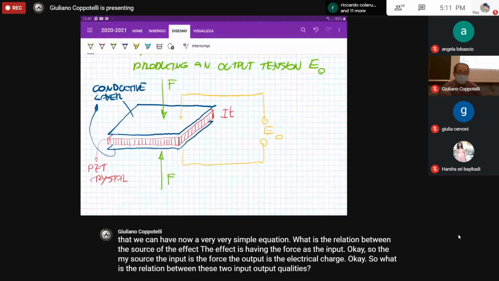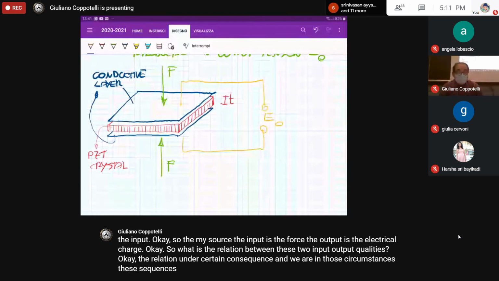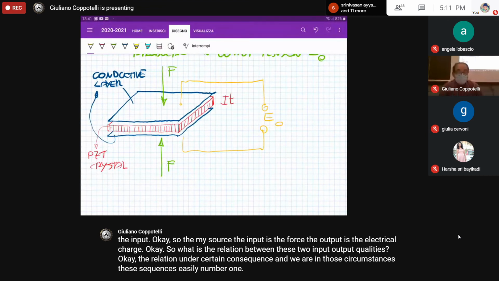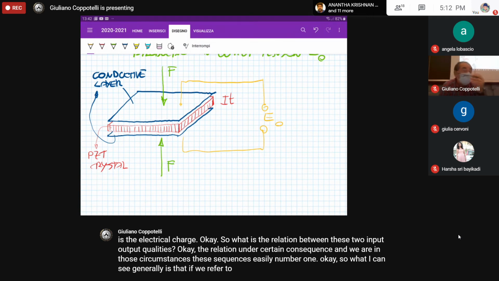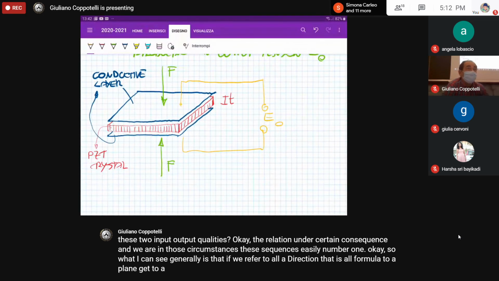The relation under certain circumstances, and we are in those circumstances, is a linear one. So what I can say generally is that if we refer to a direction that is orthogonal to a plane, to a surface that is given by the conductive layer,